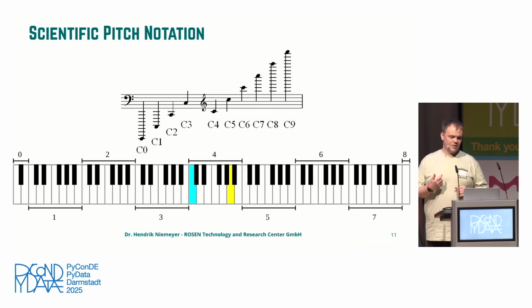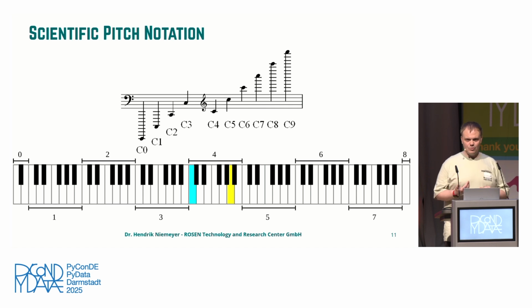What we will need for creating music is a description of the pitch, or the note we want to play. And this is usually done internationally using scientific pitch notation, which uses the letters from A to G with accidentals like a sharp or a flat, and a number indicating the octave. And here on this picture, you can see how the scientific pitch notation, like for example C4, is mapped to usual musical notation, or where on a keyboard you would find that. And this is usually the input we give, for example, to the Music 21 package later on.